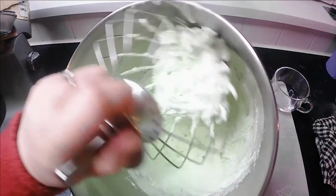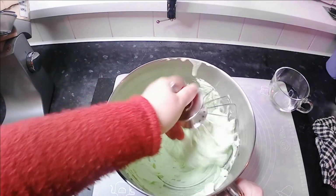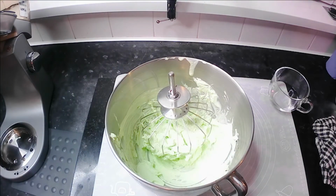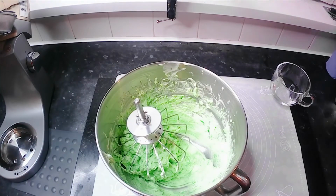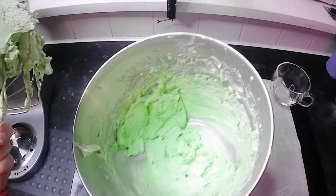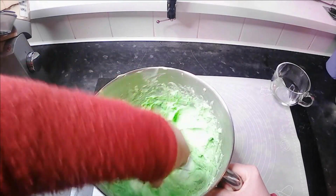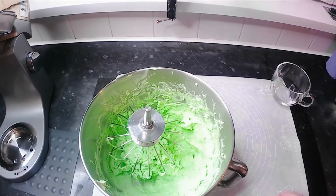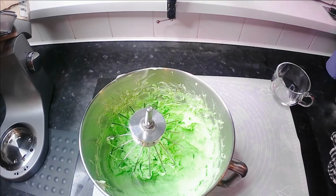Okay, so this is the thickness we're looking for of our cream. And I've got a nice green colour. Just made this a nice deeper colour green so you can see, because I don't think you could see the colour of the green with the light in. So now you can see you've got a nice, quite vibrant limey coloured cream, which will look nice because it's a lime cake, and that's the colour against the sweet. Okay,